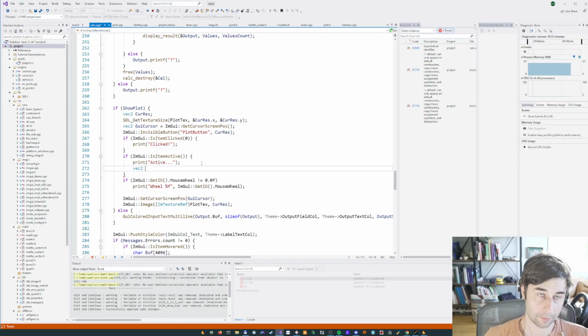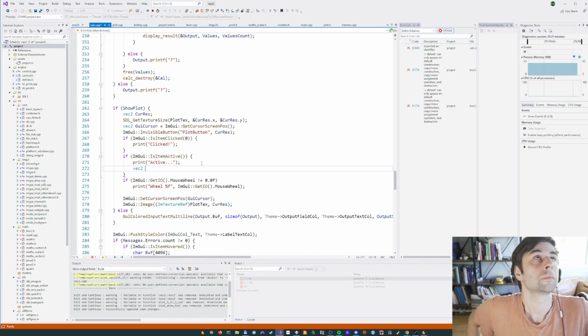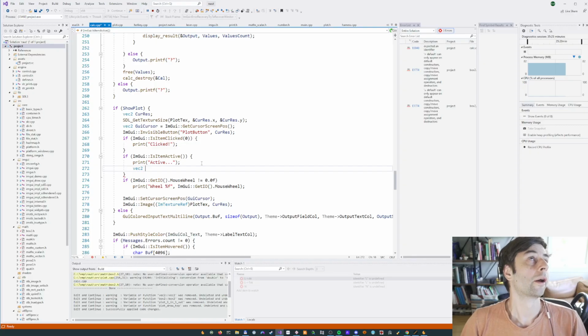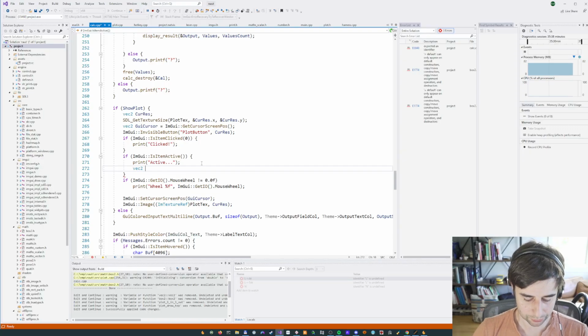Okay, and then we can get the mouse position, and we need the mouse position. We ultimately need the mouse position in, what space do we need it in? In the function space, right? Because the plot window is in function space. So we need the mouse coordinates. So we'll say, okay,